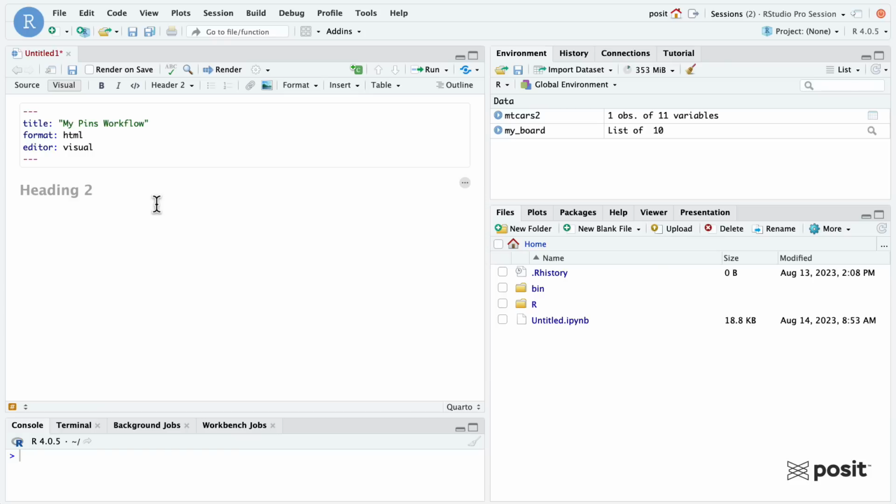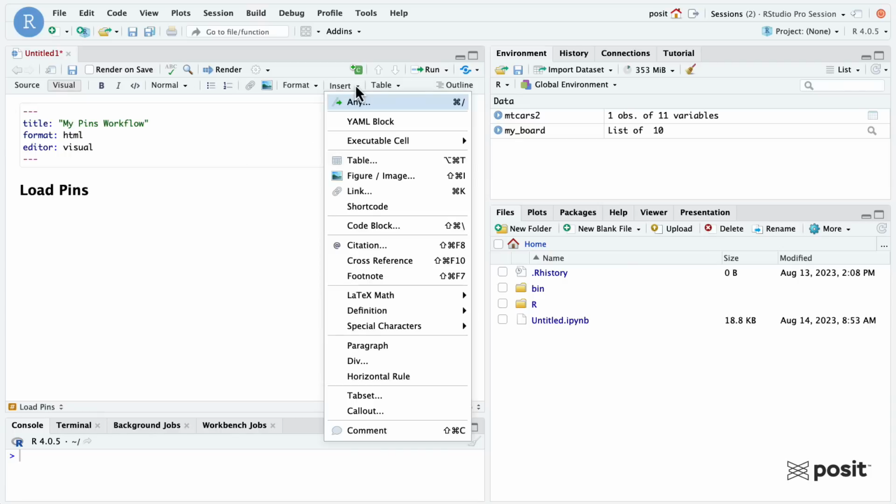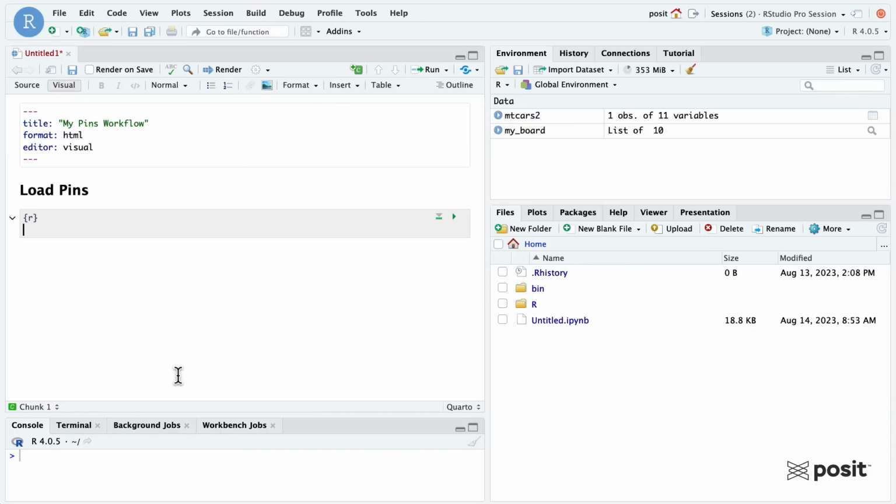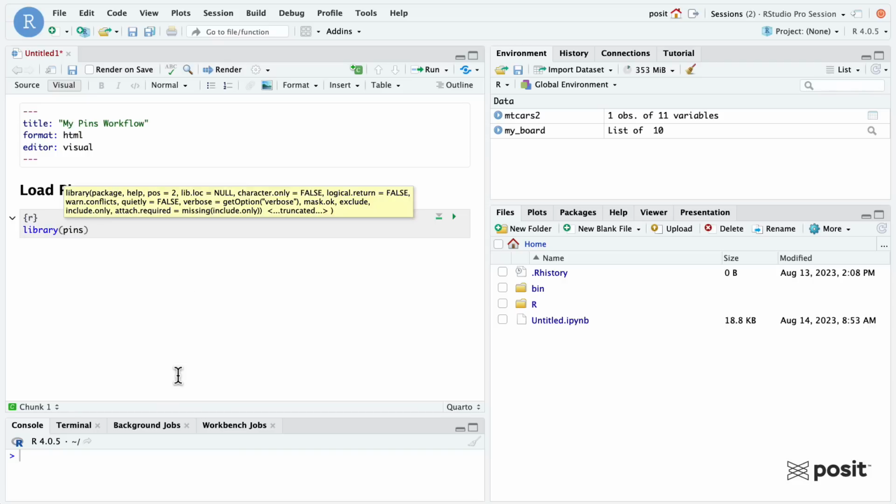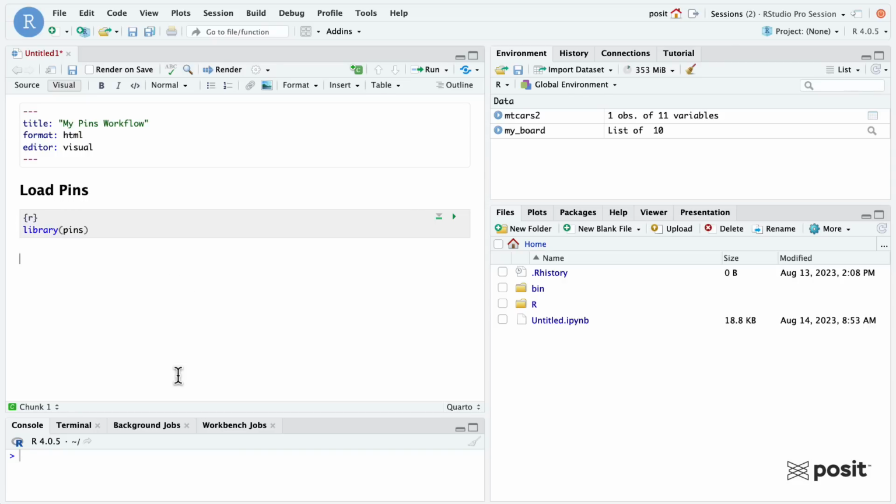So let's go ahead and script this pins writing workflow. The first thing I want to do is load the pins package. So I'm going to insert a new R cell, and we're going to load the pins package, and we'll run that. After that, I'm going to read and transform my raw data. Now we're going to stick with the mtcars data set, but I'm going to extract a few additional rows. So think of this as pulling in some raw data set and doing some type of transformation to clean it up, which will eventually be written as a pin.